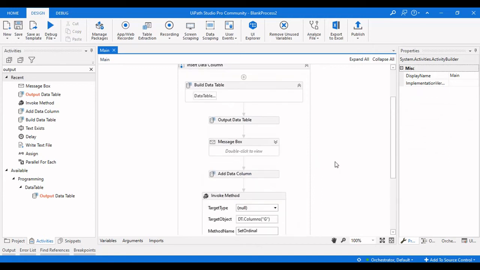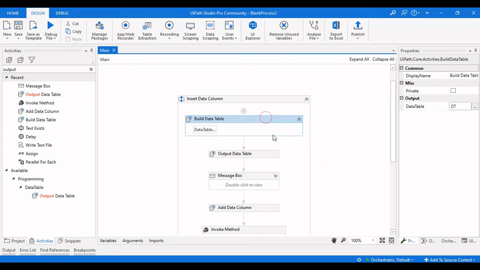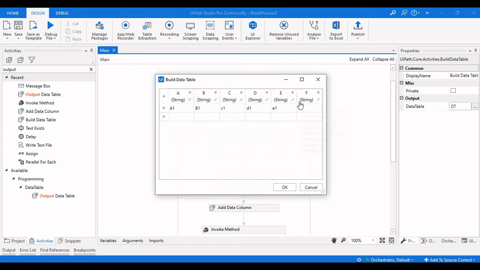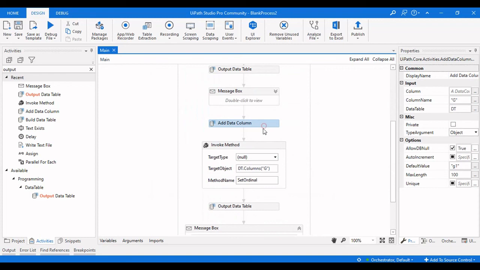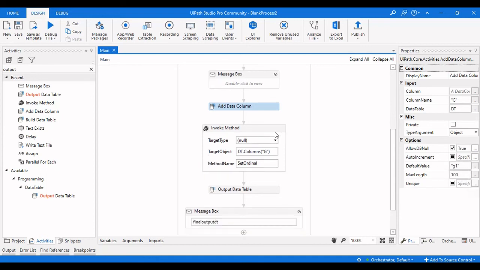So what we have actually done here is we have taken a data table with 6 columns, and we are going to insert a G in between C and D. For that, we have taken an add data column activity. The column name is G and the data table is dt. Here we are also allowing null values, and we have given the default value as z1 and the max length as 100.